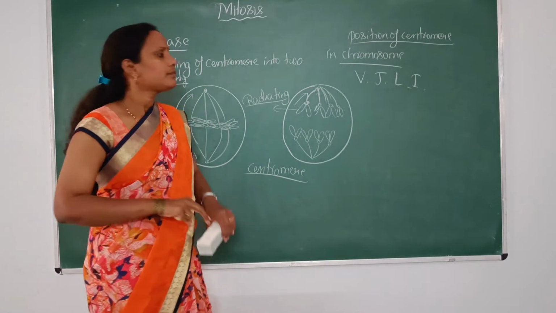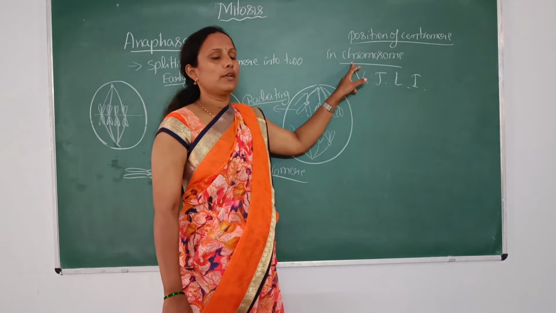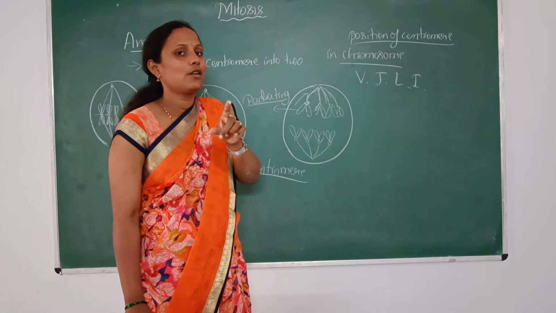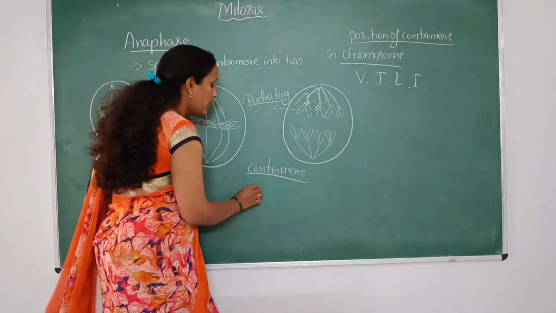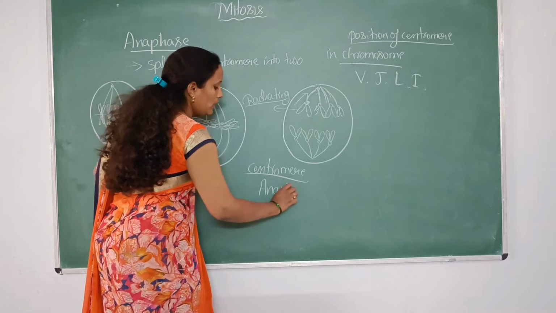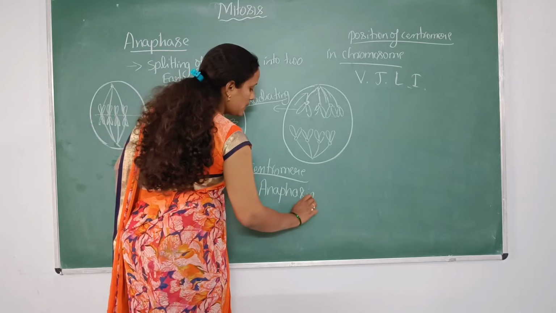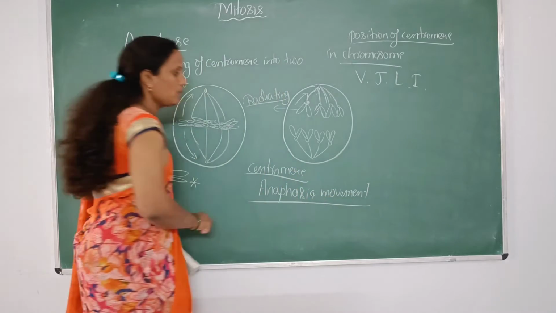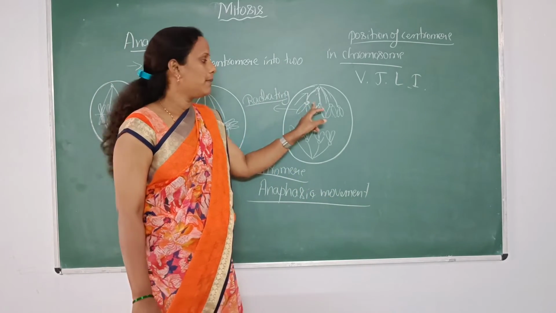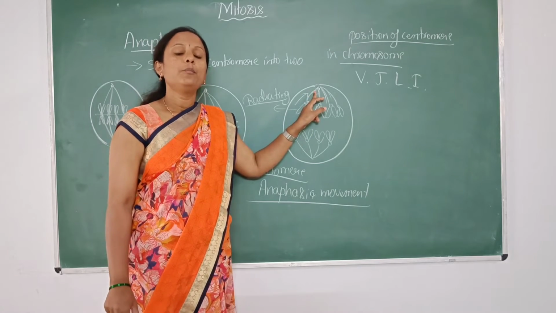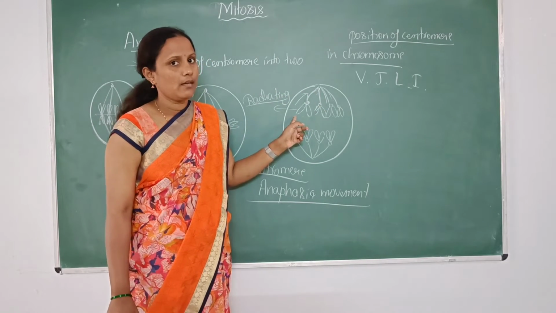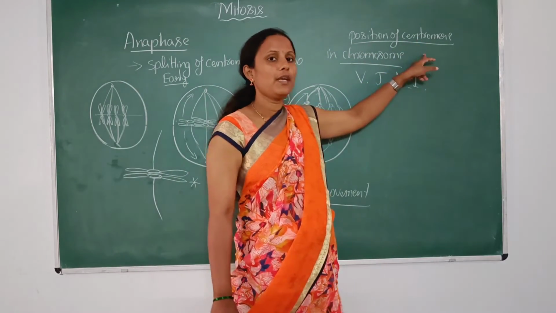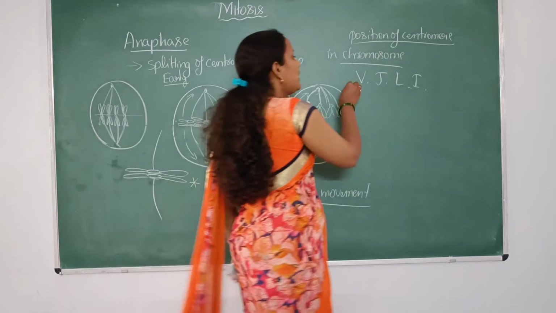On the basis of the position of the centromere in the chromosome. The different shapes are visible only during the anaphasic movement, not all the time. Anaphasic movement means, because of the contraction of spindle fibers, the centromere will move towards the poles with the radiating chromatids. So during this anaphasic movement, depending upon the position of the centromere in a chromosome, the chromosomes will appear in